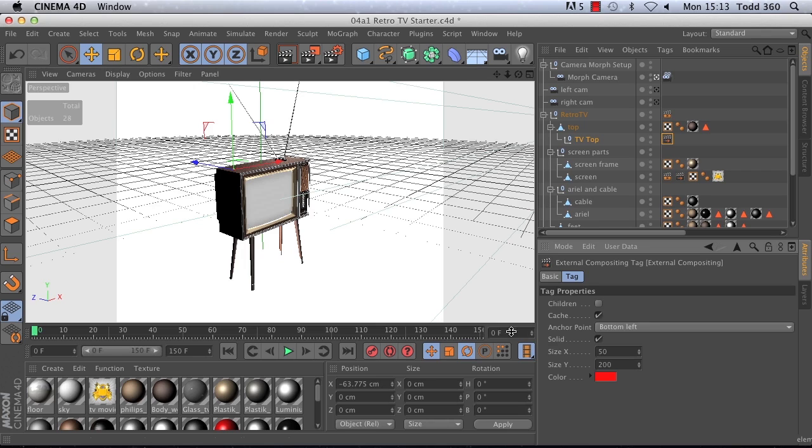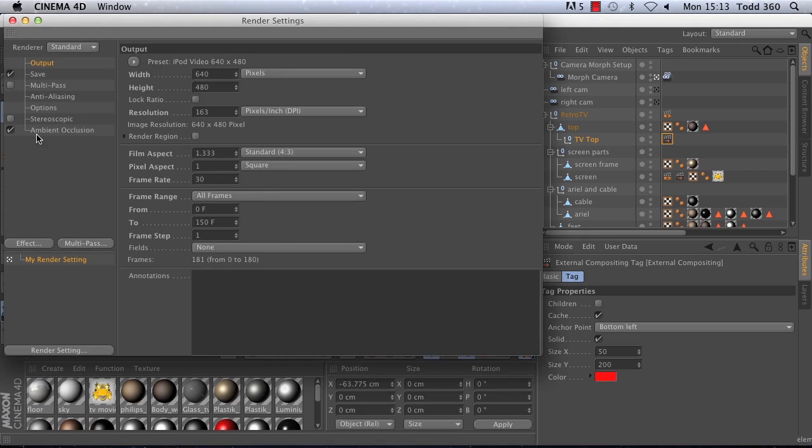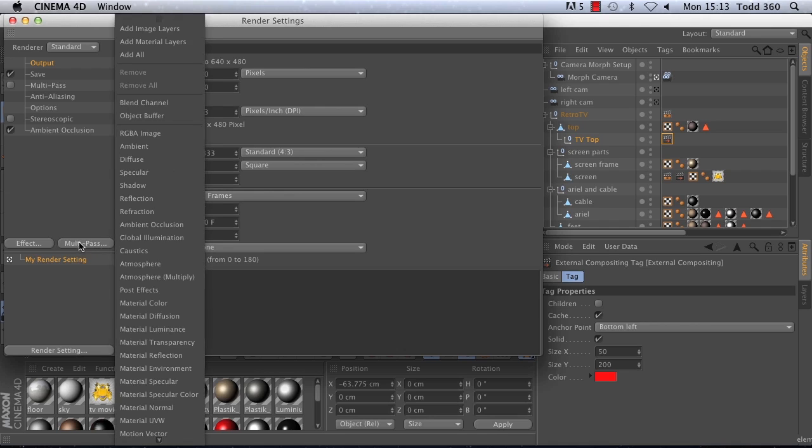The other thing that we need to do is talk about what we can apply as multiple layers when we render out the sequence. Inside Cinema 4D, when you go to render settings, which is accessed here, you've got a multipass option. When you look at that, there's all these different things that you can have on separate layers. So I can have things like shadows on separate layers, or reflections, refractions, all kinds of stuff. If you're not sure when you get started, just go with either add image layers or add all, and then you'll get